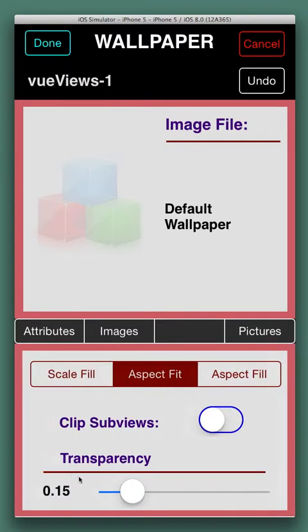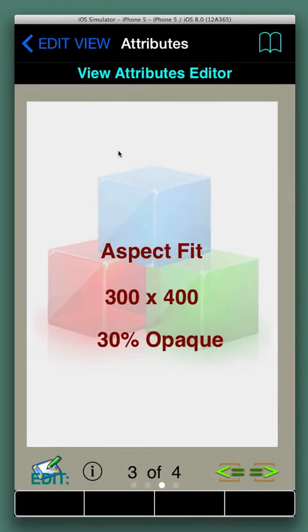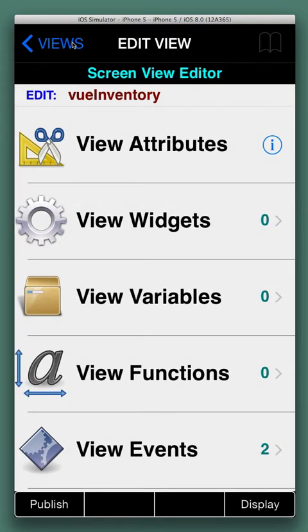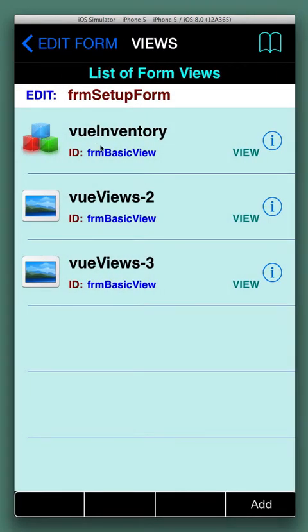We'll go to attributes and we'll make this a little thicker because it's already pretty light. 30% opacity looks good. All right, we say done. Okay, and now you'll see that it's a 30% opacity. Here's the view, and so we've finished with that view. All right, so let's go back to here, and now we need to do the next view,